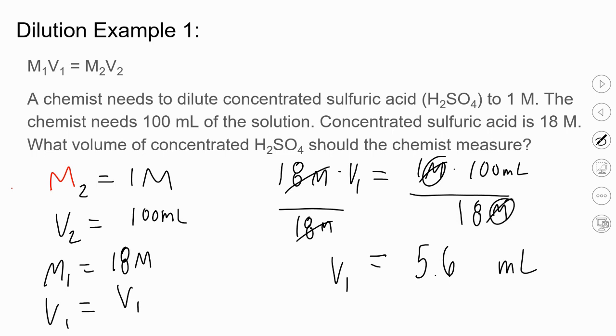All right, let's look at this pattern. This is talking about the ending solution. So if you can connect 2 of the numbers, you're going to multiply those 2 numbers together and divide by the other number. So multiply by these 2 because they're talking about the same solution, divide by the odd one out. That's the pattern. So you can set it up every time, or if you see the pattern, find the ones that are talking about the same solution, multiply, and then the odd one out, you're going to divide by that one.